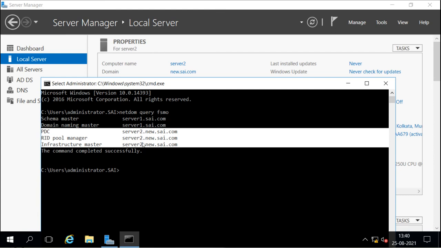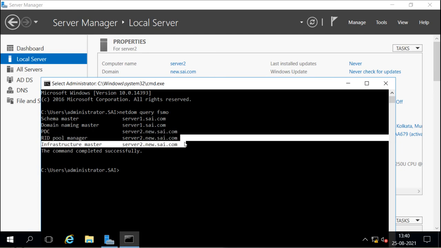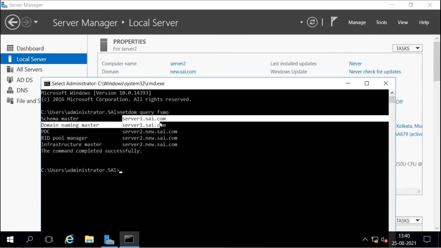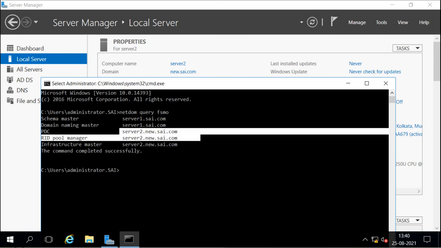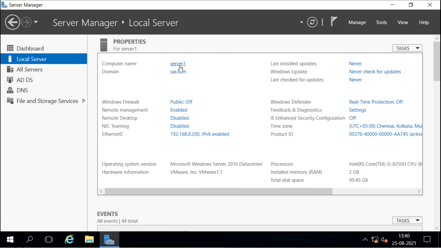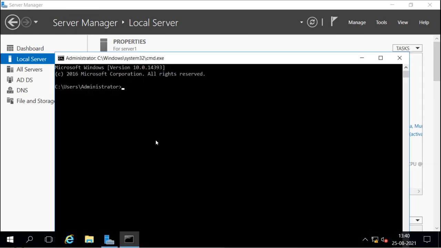But in every domain, that means root domain, child domain, every domain, they have their own domain-wide roles, these 3 roles. And if we run the command on server 1, it will say that the forest-wide roles and also the domain roles are available on that root domain. So this is the root domain's domain controller, server 1, which has the forest-wide roles, and it also has its own domain-wide roles.